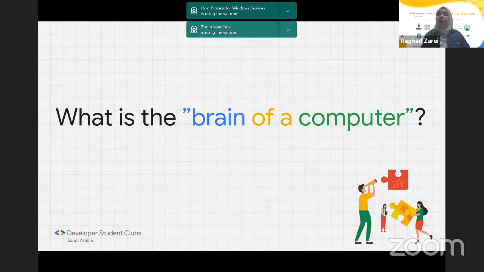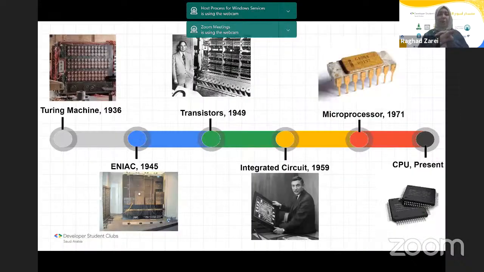Now let's think, how did the CPU come to be? Why is it the factor that makes our computers run? Now, I won't be going through all this computer history. I don't want to bore you with it, and I'm sure you've heard of it before, but let me tell you about the most important factors that led to having the computers we have nowadays. Starting with the Turing machine, the most important thing about it is that it was the most popular non-mechanical computer. Of course, it was a secret at that time since it was used to decrypt code by the Nazis and things like that. It was used mostly for the World War.